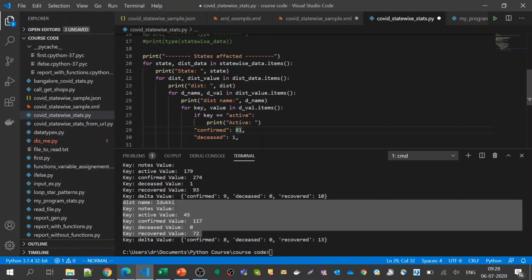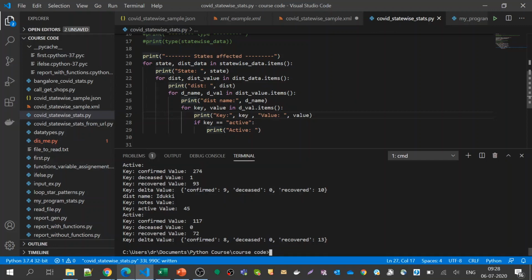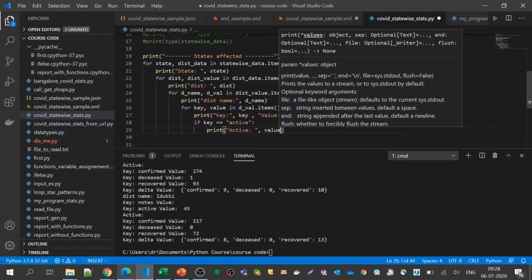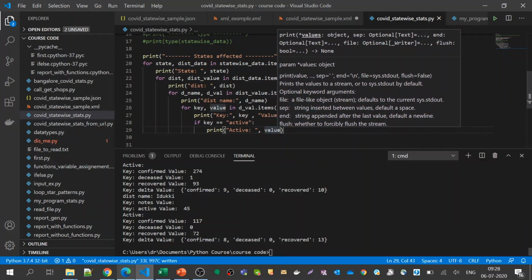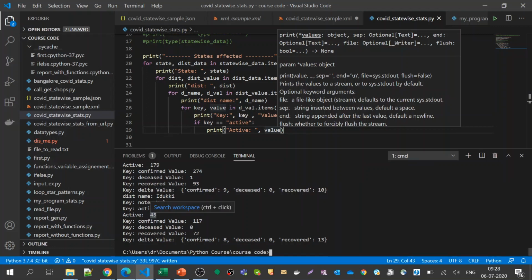I'm just taking one example. Let us say I'll put it here, and let us say now active. I'm not printing anything here, so I just try to print that particular key and value. Instead of keys, I'm actually printing the value. Now you can see that active cases is 45 in Idukki.